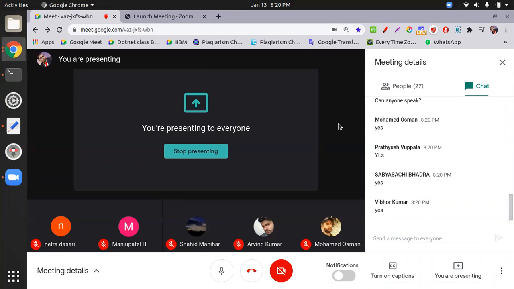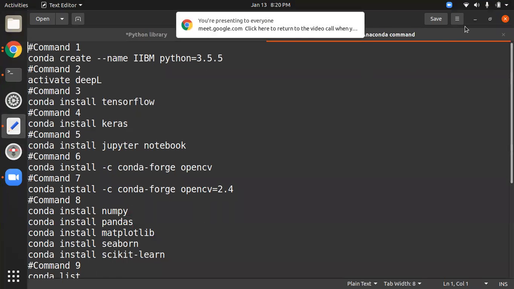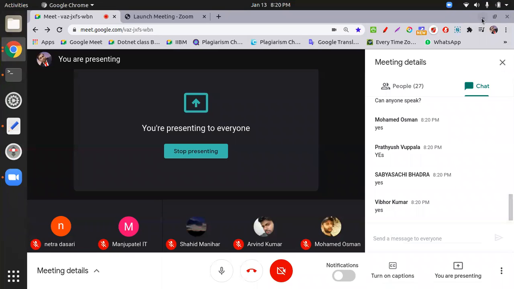In this session, I'm going to teach you first how to create an environment. In the beginning of Python, we saw how to install Anaconda. But here we have to work on different libraries. The notebook I showed you yesterday, we have to work on different libraries,